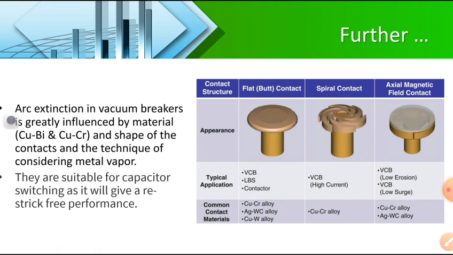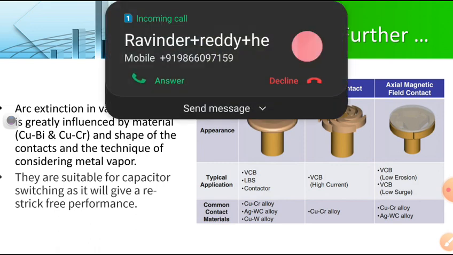Before that, the arc extinction in vacuum breakers is greatly influenced by the materials. What are the materials? The fixed and moving contacts are manufactured generally from alloy materials, some copper and